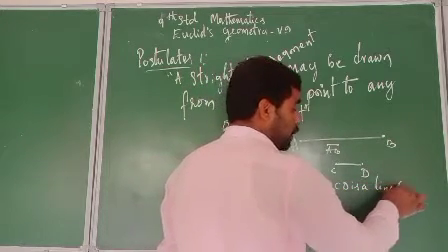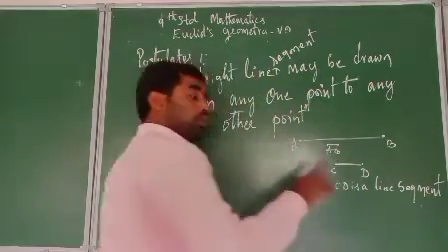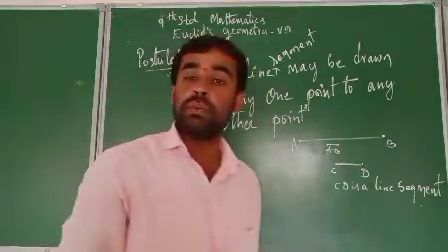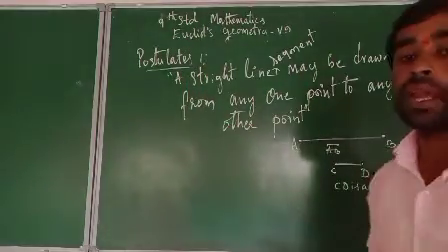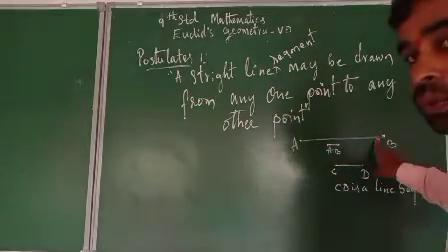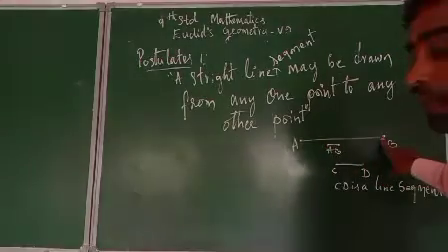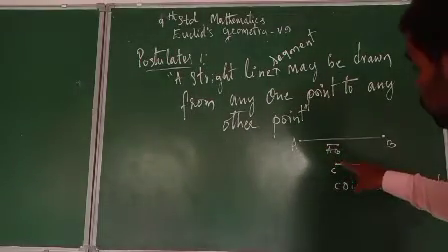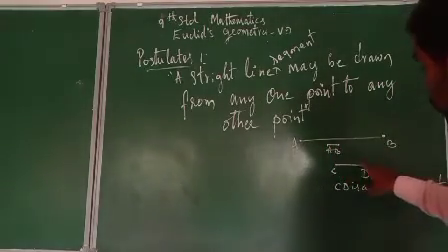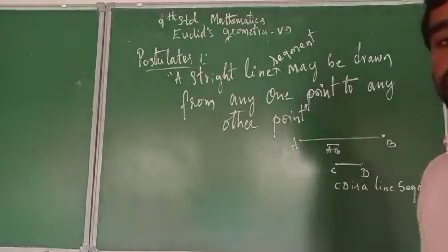So a line segment is formed with the help of two distinct points. When you have two distinct points, we can easily draw the two line segments. Here we can see that example. Initially, I took A and B as the 2 points. If I join from A to B, it forms a line segment. Here also, I took C and D as the two distinct points. If I join from C to D, then CD is the line segment. Is it clear, students?